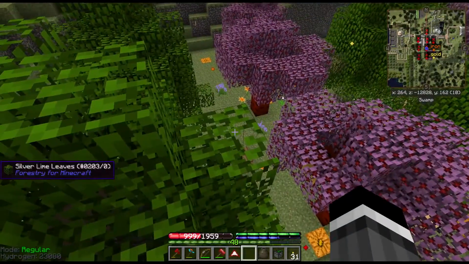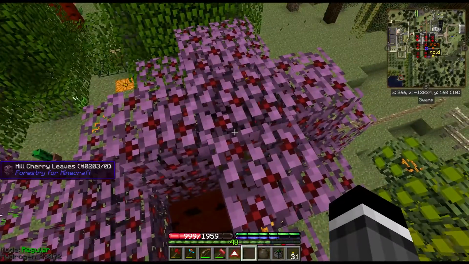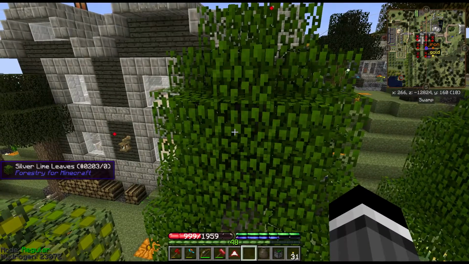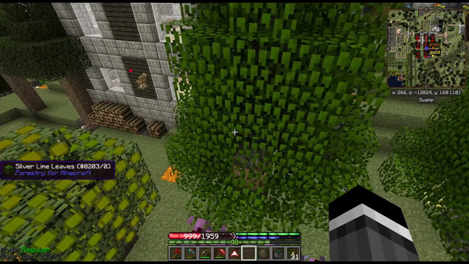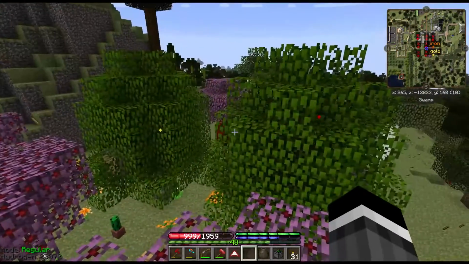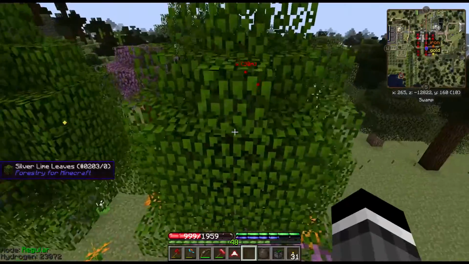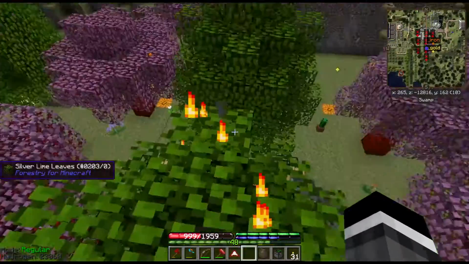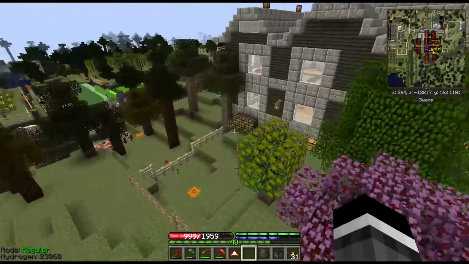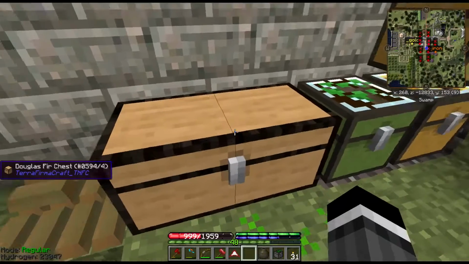So that's apple oak plus birch. And these are hill cherry, which are silver lime plus apple oak, I think it is. Now what I want is silver lime plus hill cherry. So I've removed all the birch and all the oak because I kept getting crossbreeds between those, and that's not what I'm looking for. I'm looking for crossbreeds with these. So we got lots of hill cherries, lots of silver lime, and from that I did actually get one